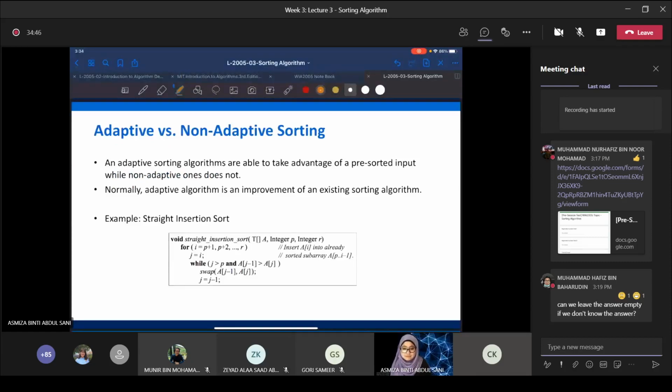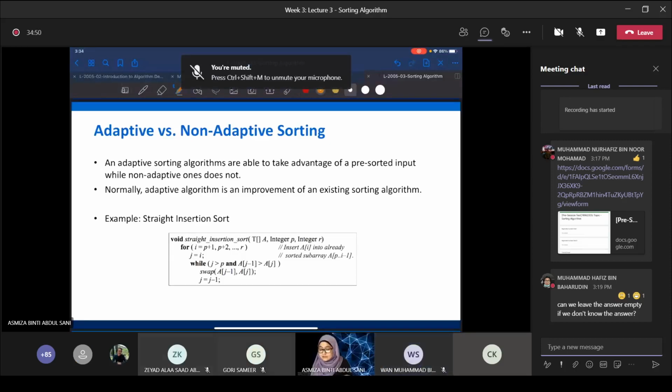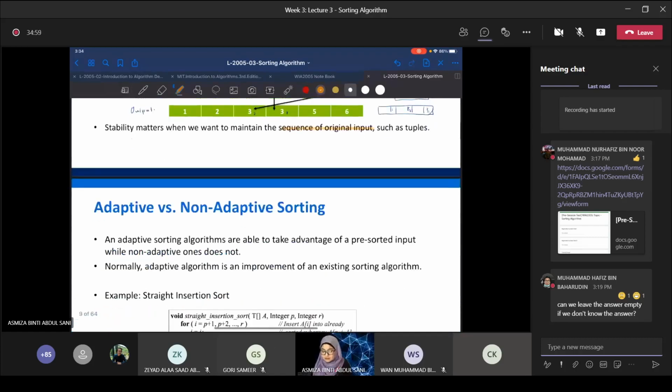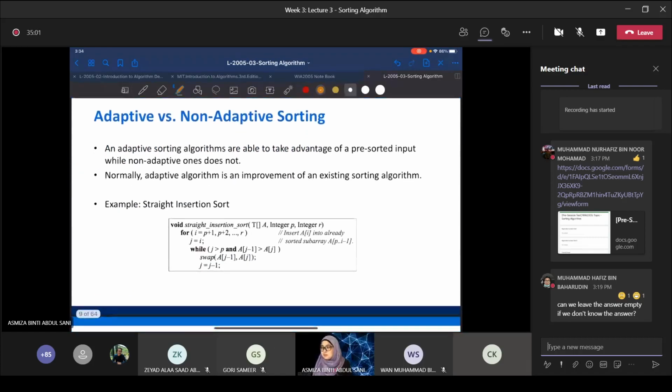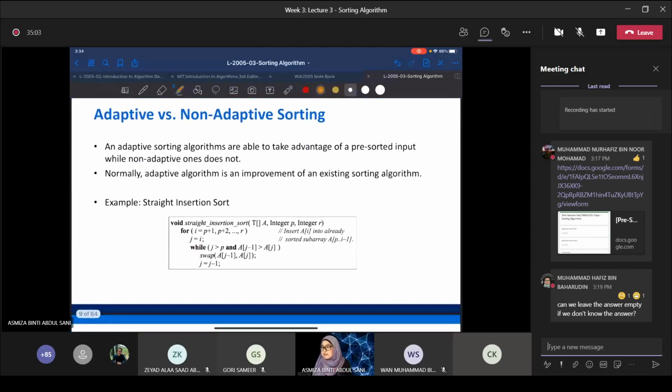Okay, so we have looked at in place and not in place, as well as stable and not stable sorting. So the next one we are going to see is adaptive